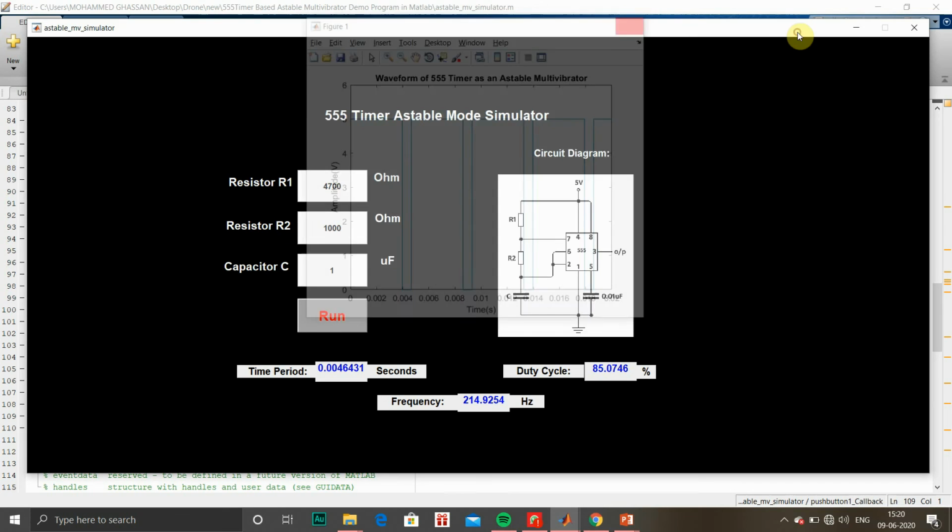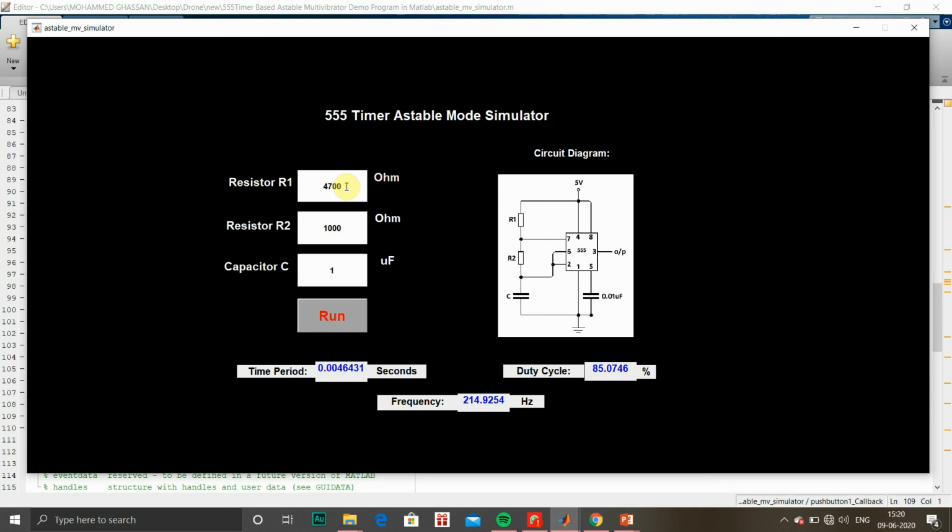Now let us take different values. We'll take resistor value as 1000, R2 we'll change to 500, and we'll change the capacitor value to 4. Now let us use our calculator and calculate the values as per our formulas.